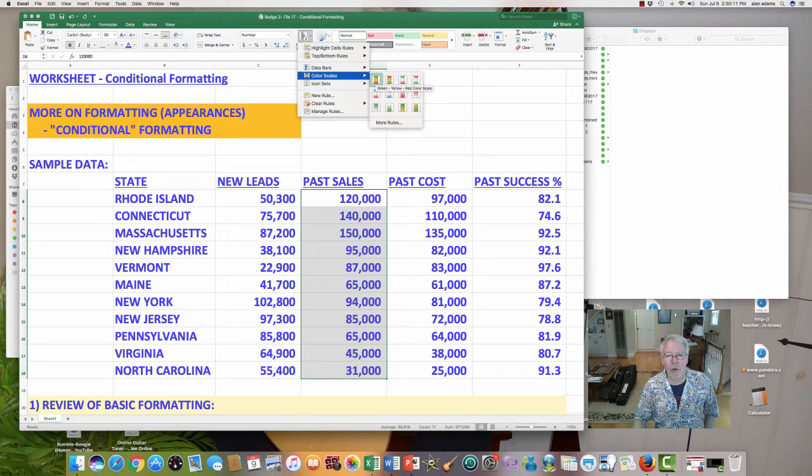That means it's going to go from green down to red. It's going to select the highest values and use green. Then in a rainbow type of gradient, it's going to lessen the green as the values get lower. Then it goes into yellow. Then it gets paler and paler yellow. And then it goes into the red for the lowest numbers. So if I left click on that,